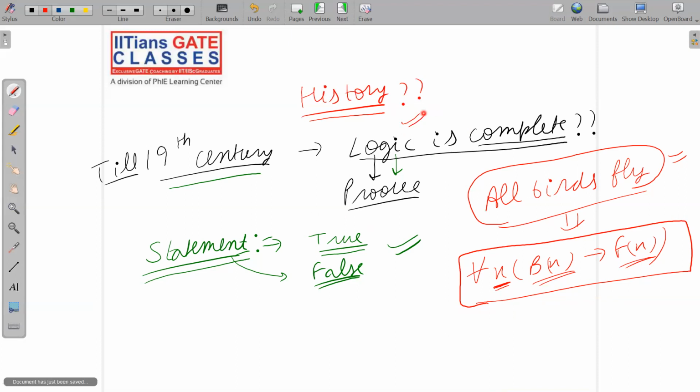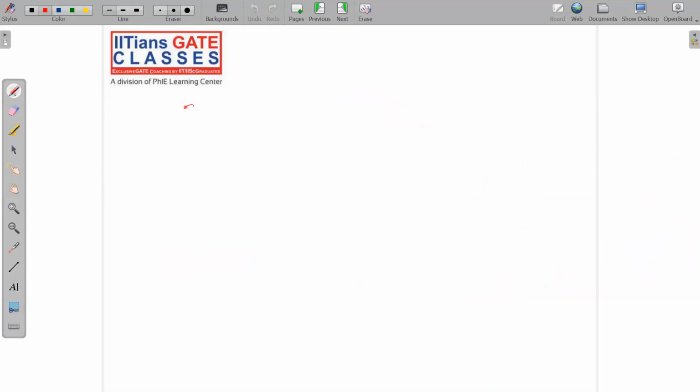Don't worry if you do not know all these things; we will study them in pretty much detail in the discrete mathematics subject. So we have some statements, we convert them into logic, and by some rules of inference we conclude that the given argument is valid or not. This is the rough idea. In simple wording, let me use the next slide: logic means nothing but step by step. Step by step you try to prove something.